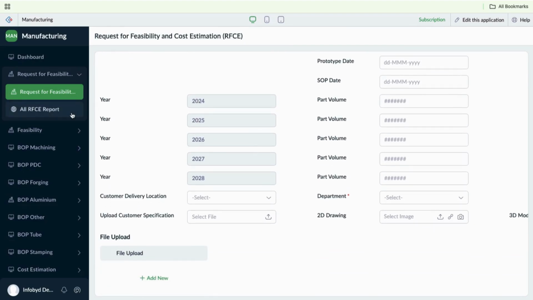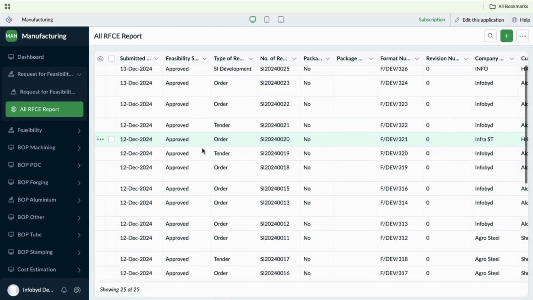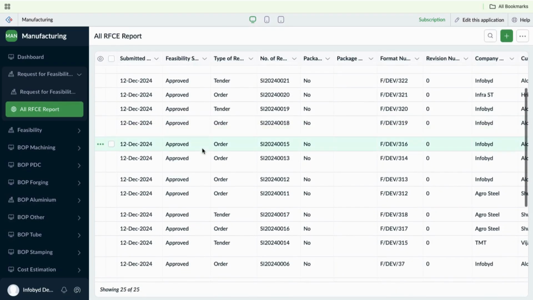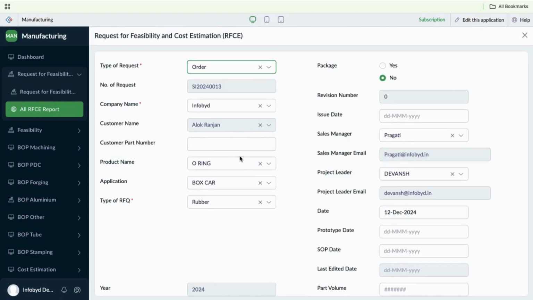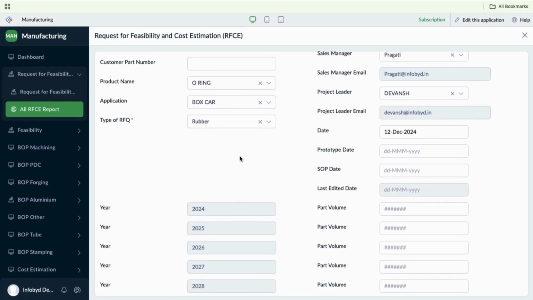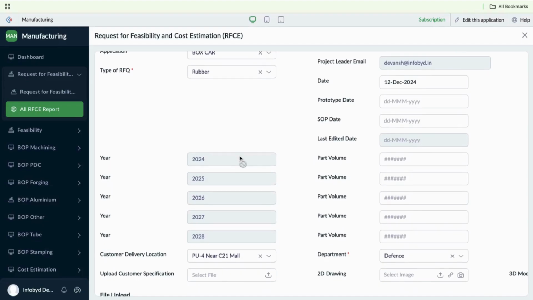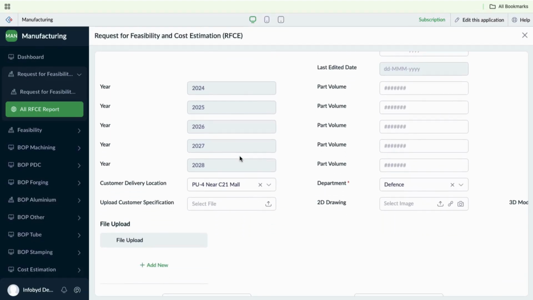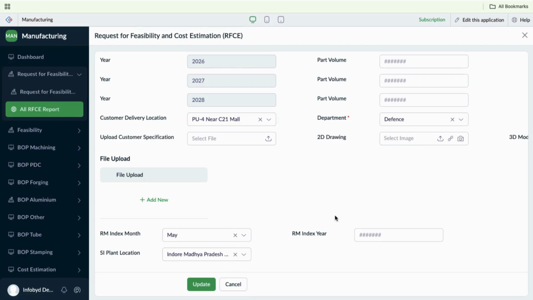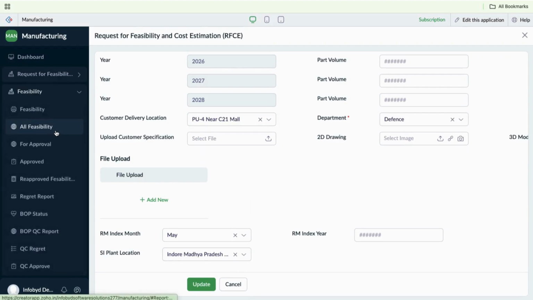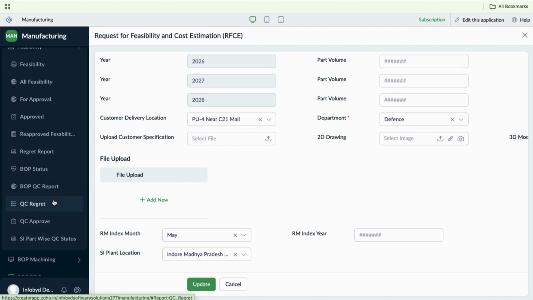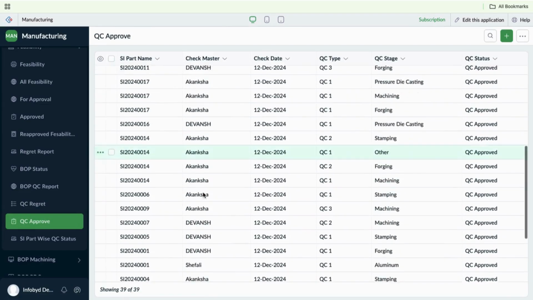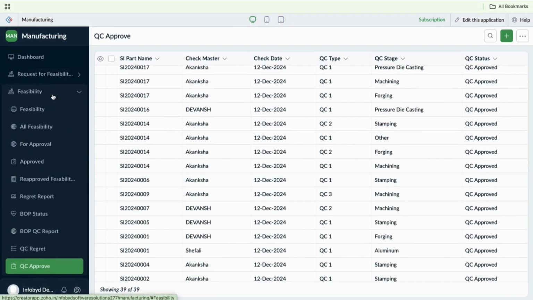So, with the help of the given solutions, you will get the following outcomes. Efficiency. Zoho Creator streamlined your operations, reducing the time spent on managing Excel sheets and paperwork. Transparency and visibility. The admin dashboard provides a clear and comprehensive overview of your business metrics, running and in-progress projects, customers and vendors. You no longer need to rely on managers or salespersons for updates, as all information is accessible